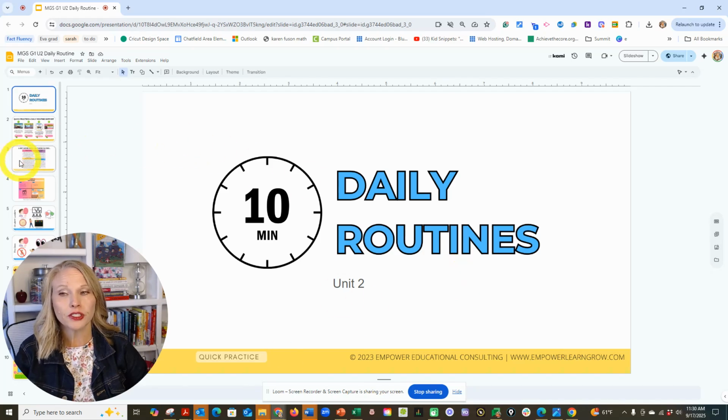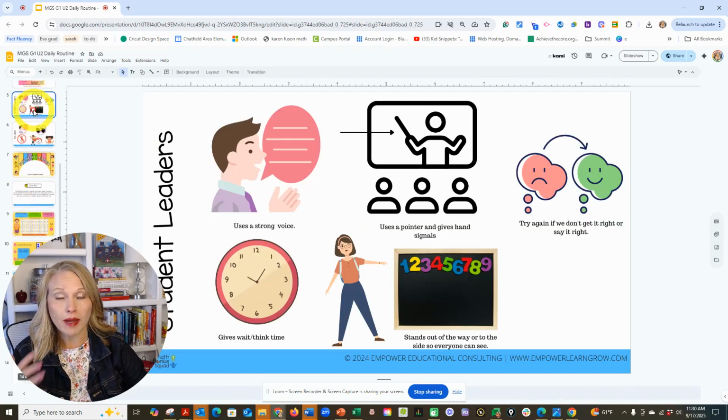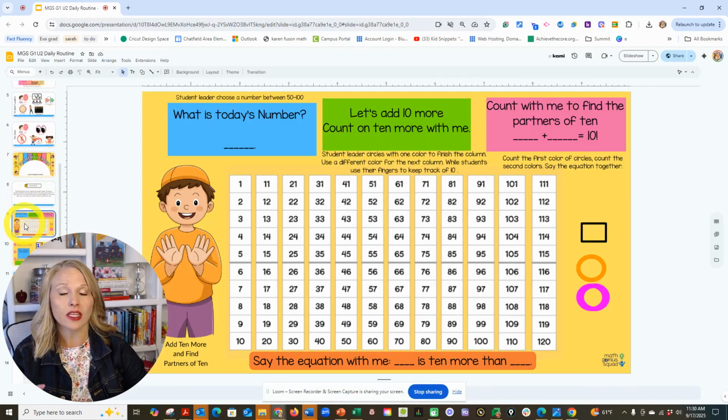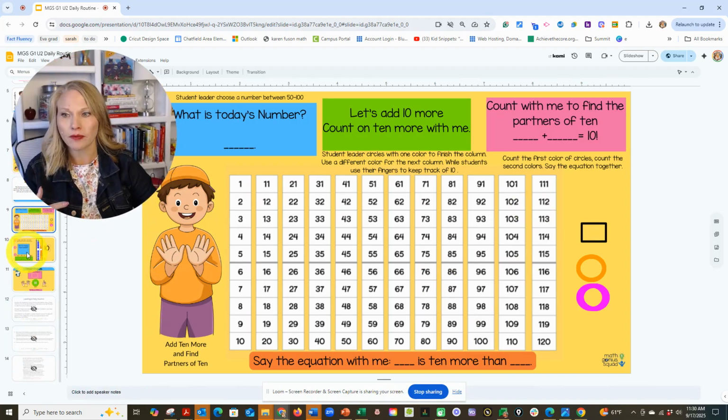All right, first grade unit 2, we have new daily routines for this unit. You're going to remind students, norm them again, of course. And then every single slide that we have is going to be repeated every day. So if you use your real materials, like you get out your real 120 chart and you have students using that, you have your blue dot flip chart,